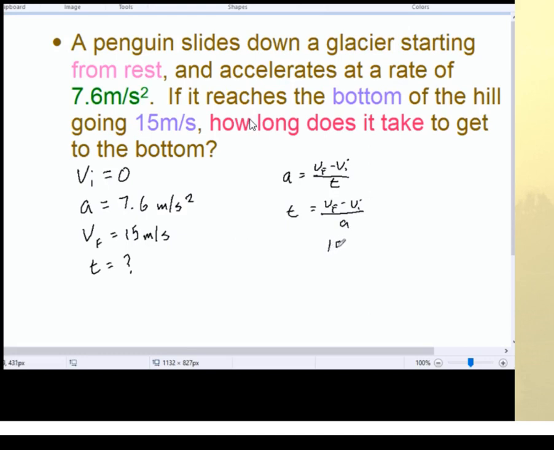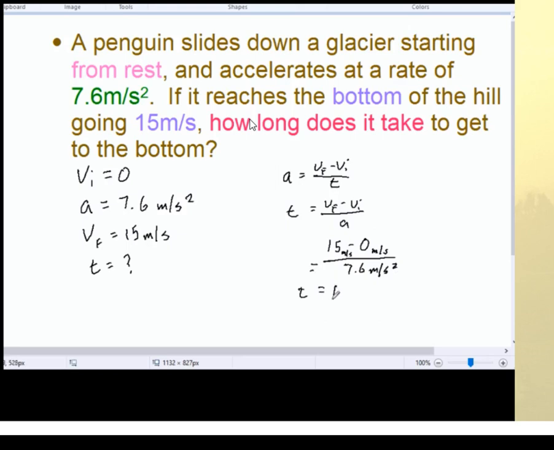So now I just do some math here. 15 minus 0, and I should label it up. It's easy to get a little bit sloppy because you are in a hurry, but you should really label everything. Meters per second squared. Okay, so now if I take meters per second on the top and divide by meters per second squared, I'm just going to be left with inverted seconds on the bottom, which is the same thing as just plain old seconds. So I end up with